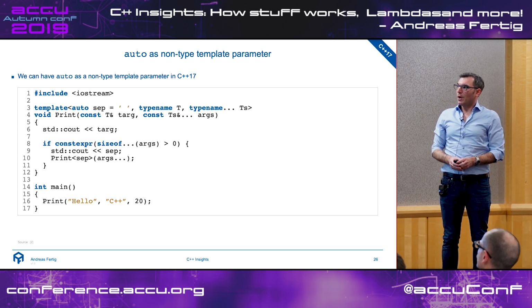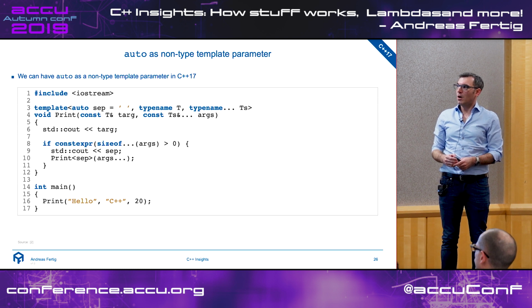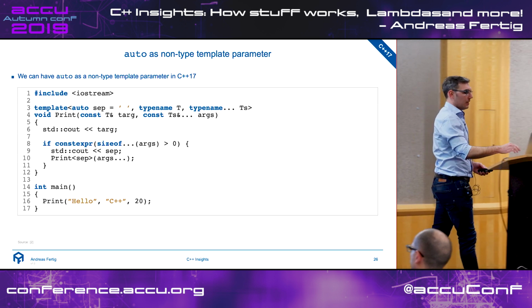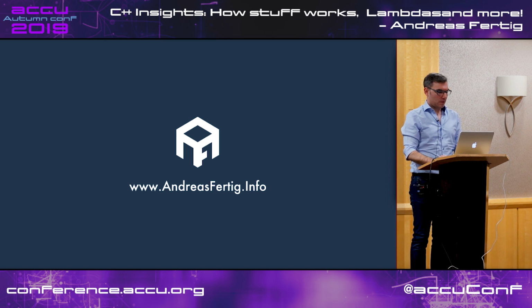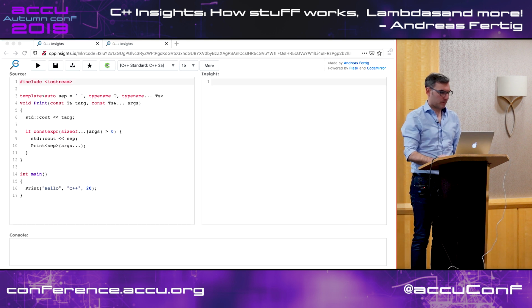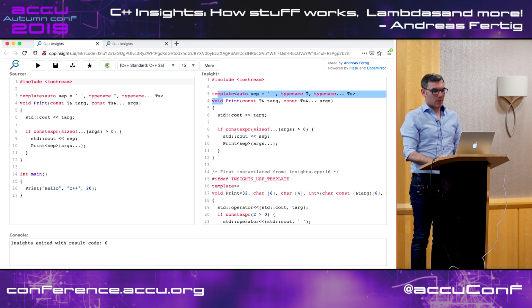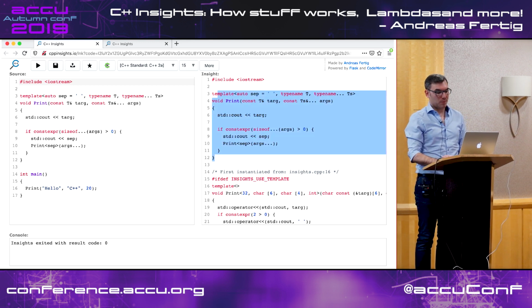It uses the constexpr if, as you can see below, to do this expansion only as long as there are remaining elements in the pack. So it does a recursion here. And looking at the internals of this, we can see here, okay, this is our base template, our primary template print.